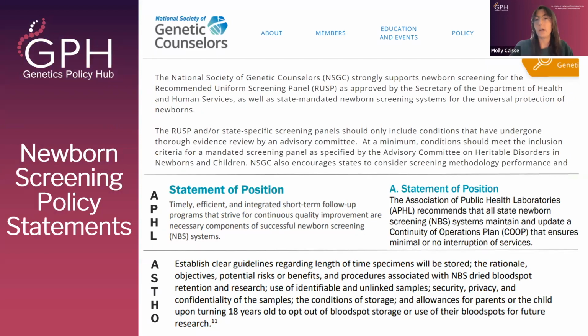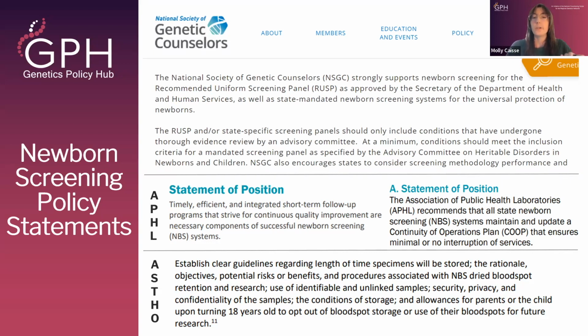So, speaking more on connecting with other organizations and the work they do, also on each policy area page on the Genetics Policy Hub website are different policy statements. NCC is tasked with disseminating these statements from organizations that work within the genetics community, like national genetics organizations and advocacy organizations, that have published positions on certain topics like newborn screening. And so we've collated those policy statements together on each policy area page.